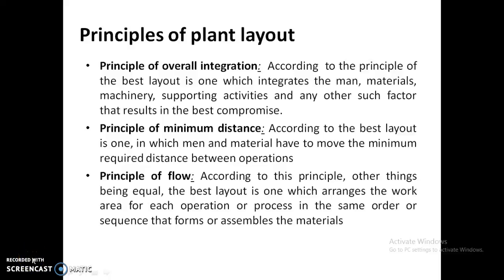And there are certain principles that you have to keep in mind once you are ready to prepare a plant layout. So what are these principles? First one is principle of overall integration. What this principle states is that the best layout is one which integrates the man, materials, machinery, supporting activities, and any